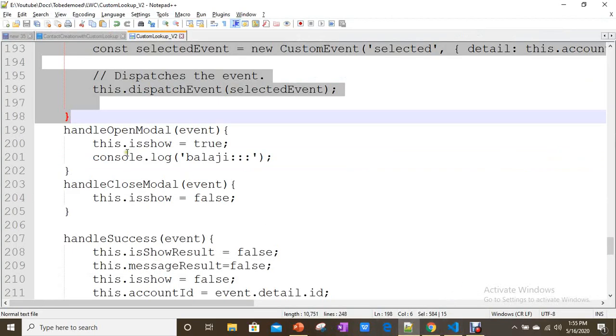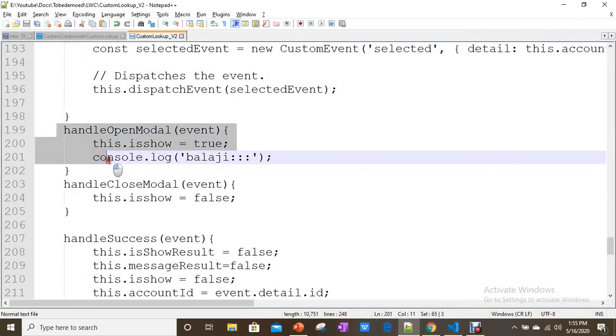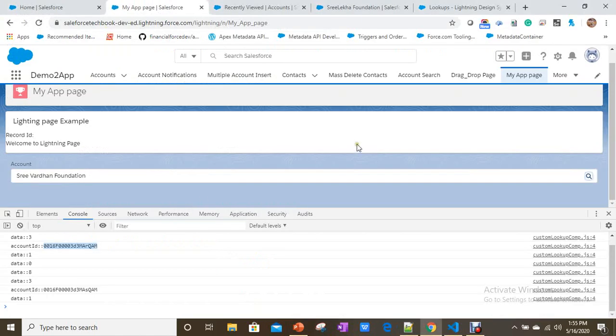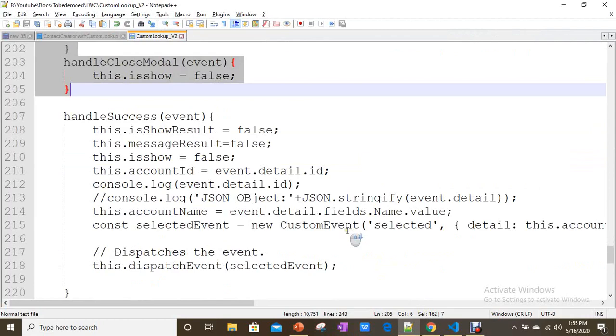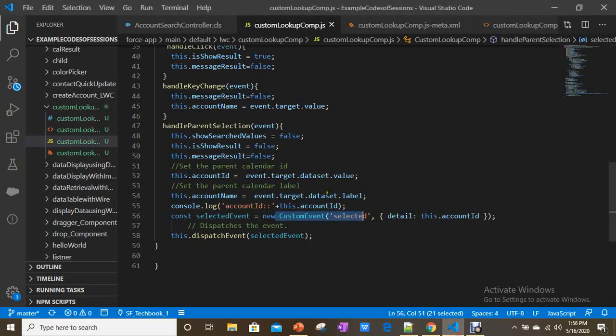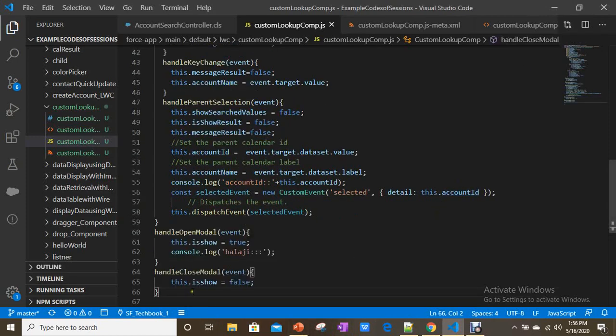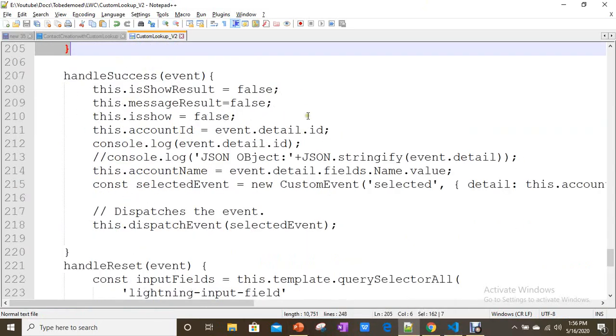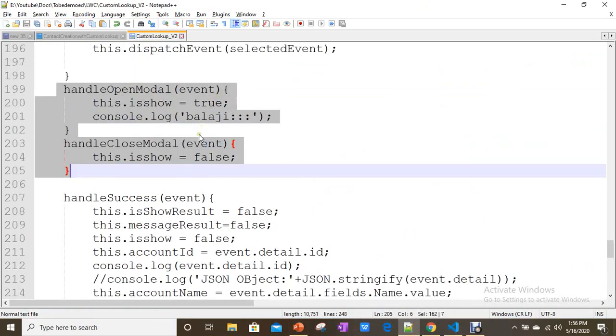Now I'm going to write handle modal, handle close. Along with that, we'll see that also. Okay.